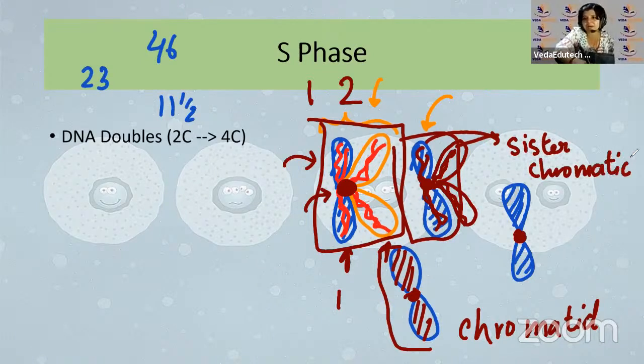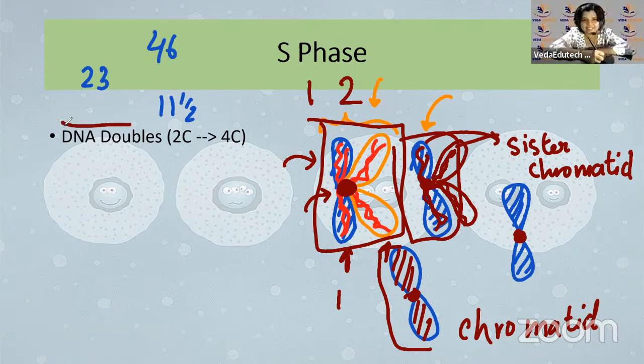Sister chromatid. And if you don't get it, don't worry. We will keep coming back to this concept. The very reason why I'm repeating this again and again is because this concept is very new, and very important when it comes to understanding cell cycle, mitosis and meiosis. So this is one concept that I cannot afford to let slip from your brain. So we have to keep repeating this, which I will do. So you just have to listen. So what was I saying?